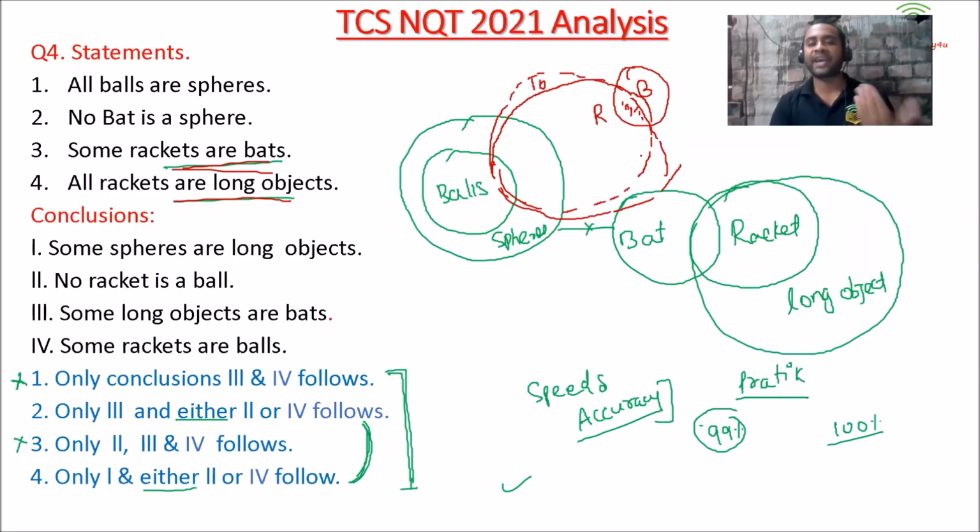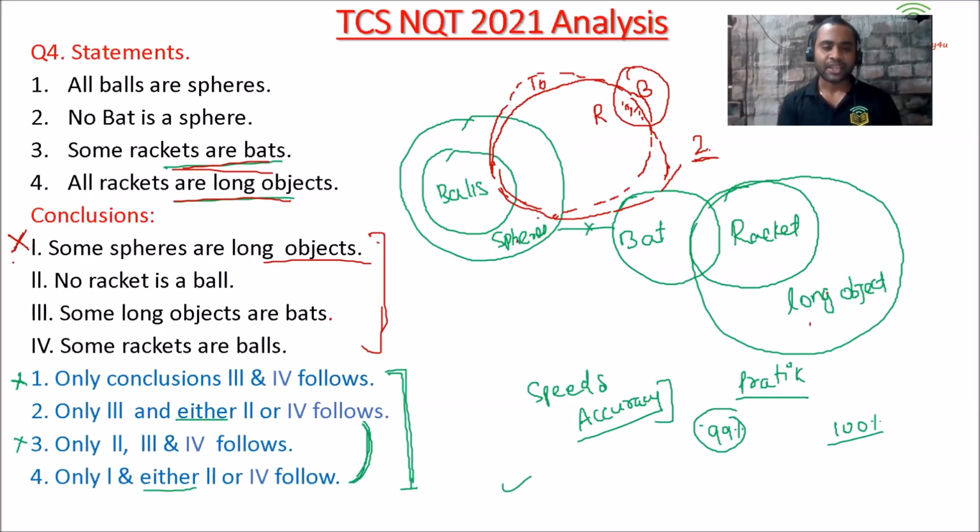Okay. So this is one diagram which is made by someone else. And this diagram is perfectly all right because it is not violating any of the statements. Always remember, if it violates any of the statements, in that case only your diagram is wrong. Otherwise, no. Now, first one, some spares are long objects. So space is here and long object is here. You can see there is no relation. In this particular diagram, you can see there is a relation between space and long object. So definitely we are not able to decide. So in this case, this will become false.